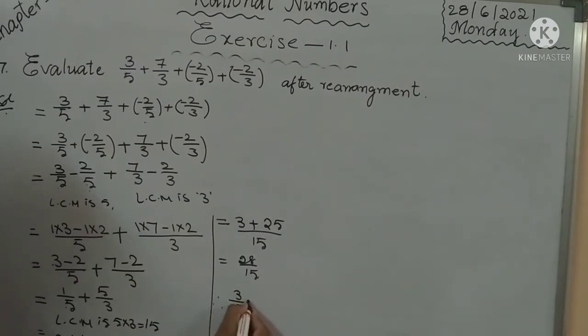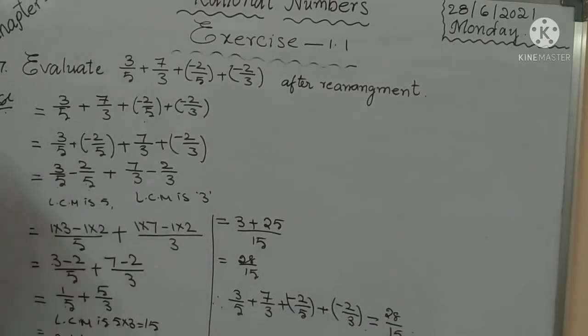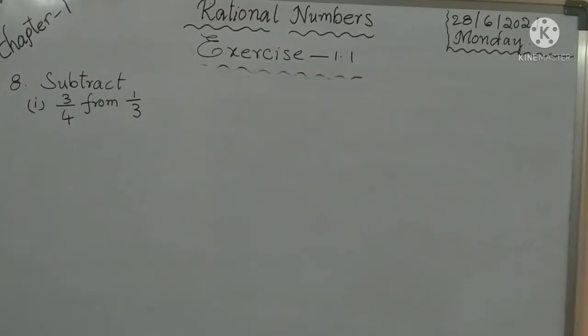Therefore 3 by 5 plus 7 by 3 plus minus 2 by 5 plus minus 2 by 3 is equal to 28 by 15. Understand this one? Okay. Next,